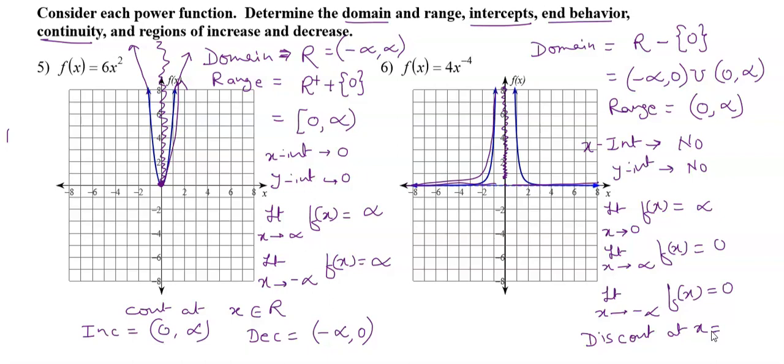Then we check where the function is increasing or decreasing. You can see from the graph, the function is increasing all the way from negative infinity up to 0, open interval, and the function is decreasing all the way from 0 to infinity. As the x value starts from 0, it keeps on decreasing, up to when x is infinity. Good. Let's move on to the next question.